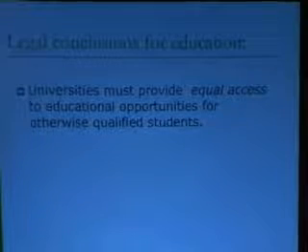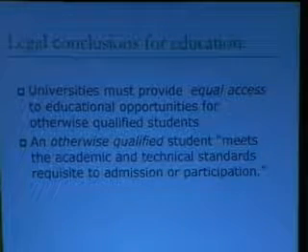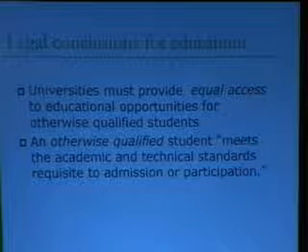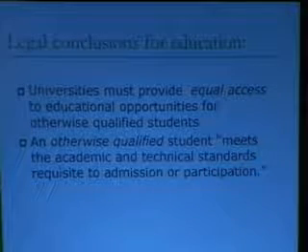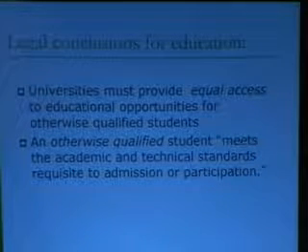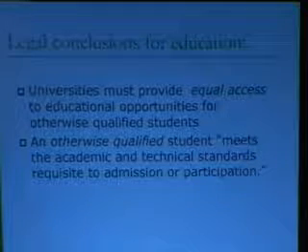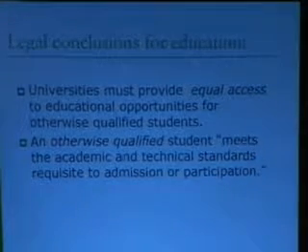The conclusions that we can draw from all these laws are that universities must provide equal access to educational opportunities for otherwise qualified students. What's otherwise qualified? That's a student that meets the academic and technical standards requisite to admission or participation. So for an on-campus student, that means they've met the admission requirements. They have the appropriate GPA, they have the appropriate test scores, they are mentally capable of taking the courses at